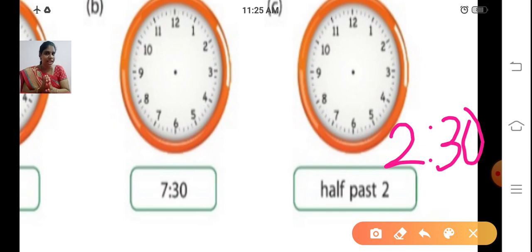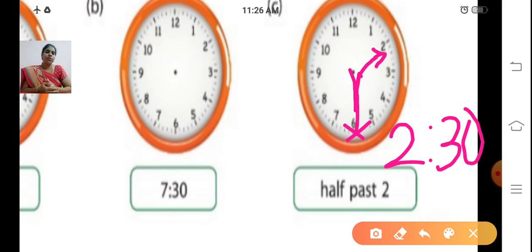First you find out the time. Then we can draw the hands. What is the meaning of 2:30? 30 minutes is over from 2 o'clock. So the time is 2:30. Now you can draw the hour hand and the minute hand, isn't it? How will you draw? The shorter hand should be at 2 and the longer hand should be at 6. So the time is 2:30.